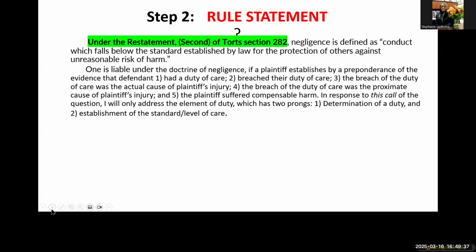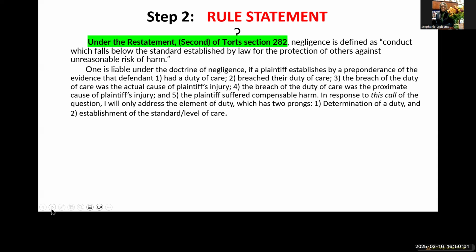Under the Restatement Second of Torts, Section 282, negligence is defined as conduct which falls below the standard established by law for the protection of others against unreasonable risk of harm. One is liable under the doctrine of negligence if a plaintiff establishes by a preponderance of the evidence that